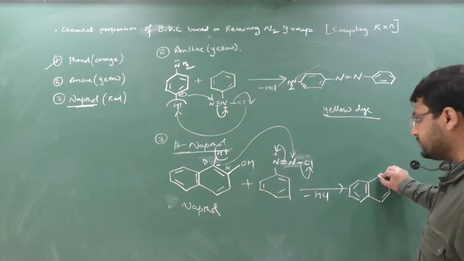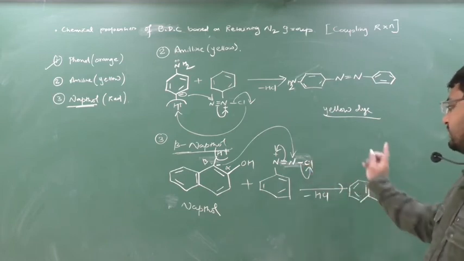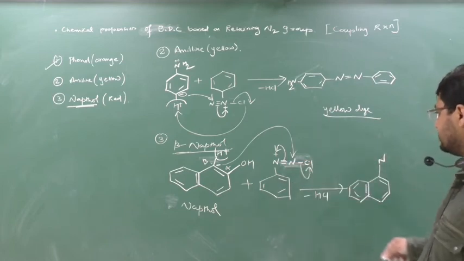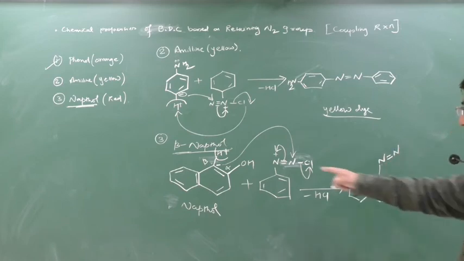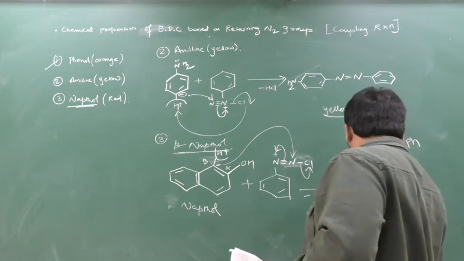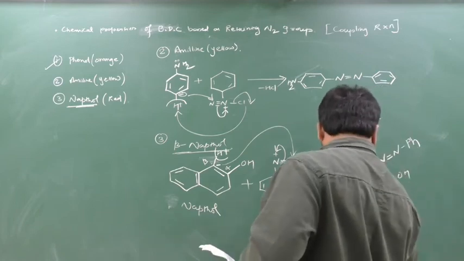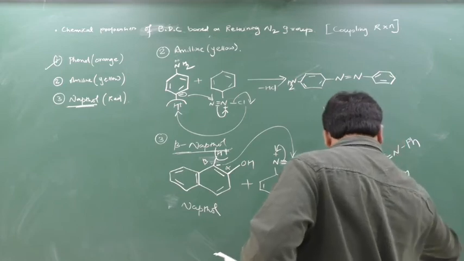On this beta position, the minus is shifted to this nitrogen. Cl has been moved as Cl minus. So this nitrogen is linked to this, and now we have a double bond. This nitrogen and this nitrogen are linked with this ring. I will write down here Ph. So this is your beta, here one OH also. Beta naphthol red. Write on this.